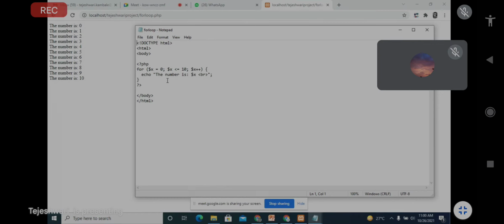We have to check the condition, and that is how we exit the loop, because 10 less than or equal to 10, is that true or false? Tell me. Less than or equal to 10.